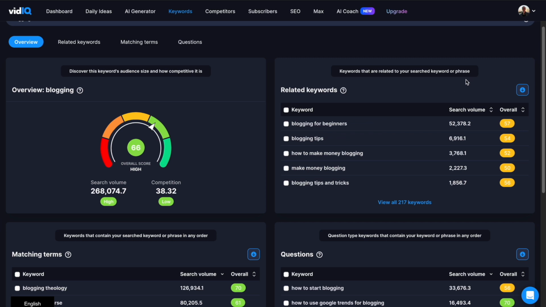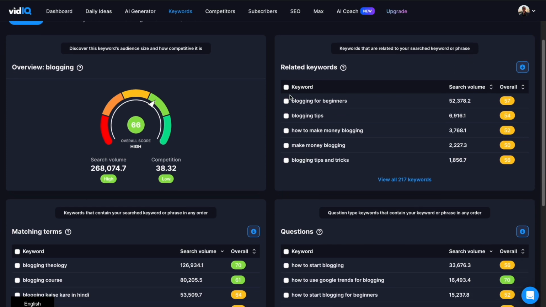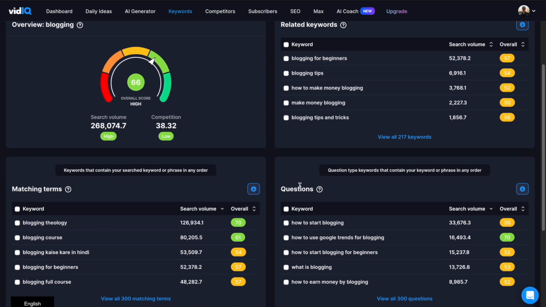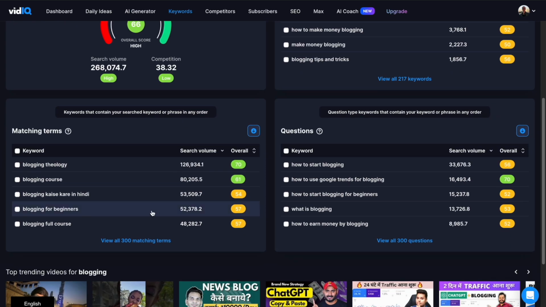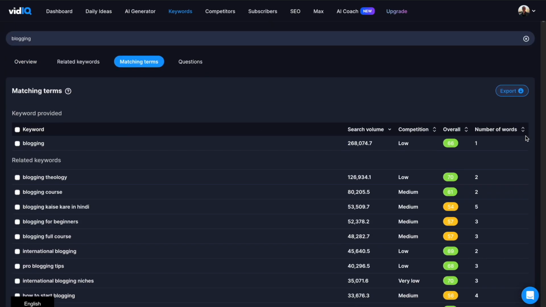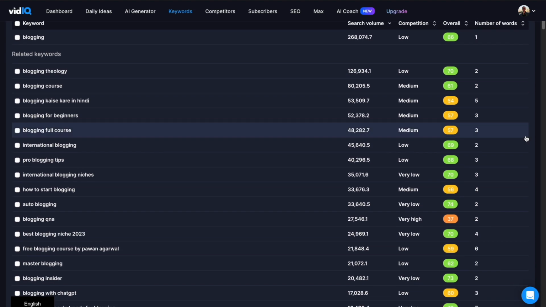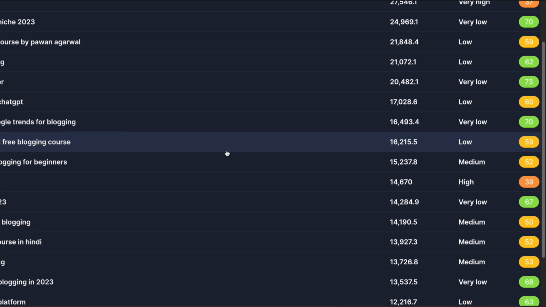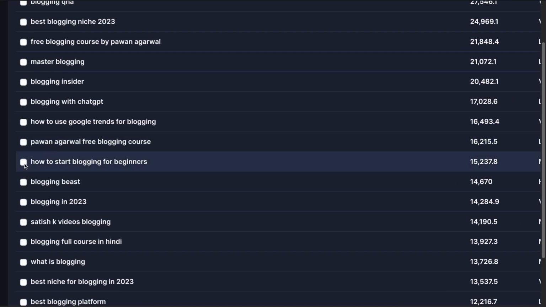Here on the right side, we have our related keywords, matching terms, and questions. So let's say that we go to the matching terms. Here, VidIQ gives us many different keywords with different kinds of scores. Let's say your video covers how to start blogging for beginners in the year 2023.